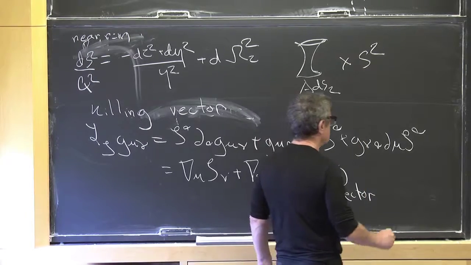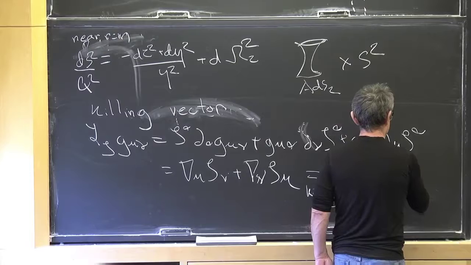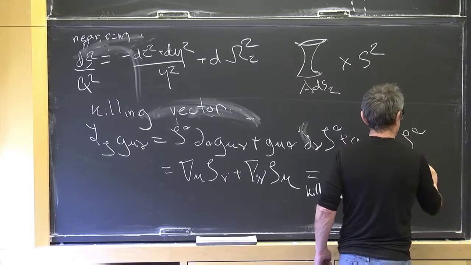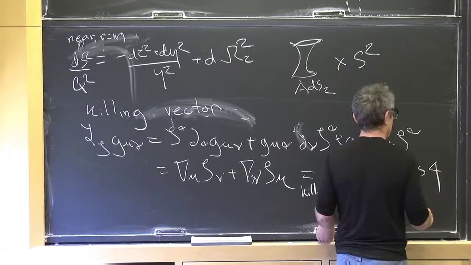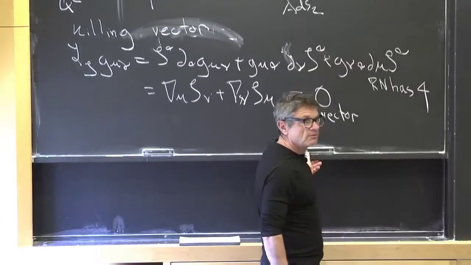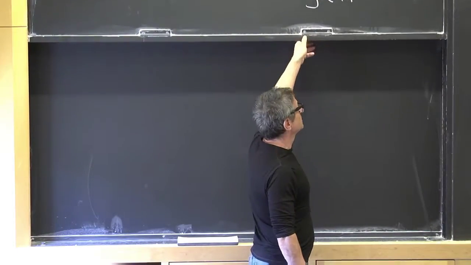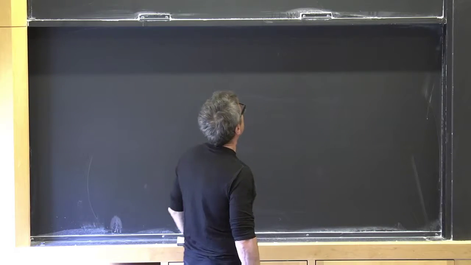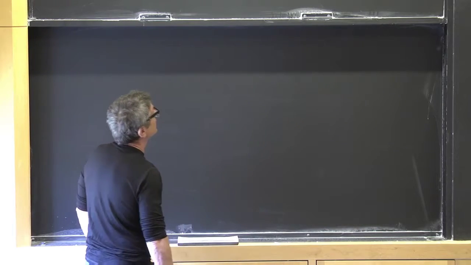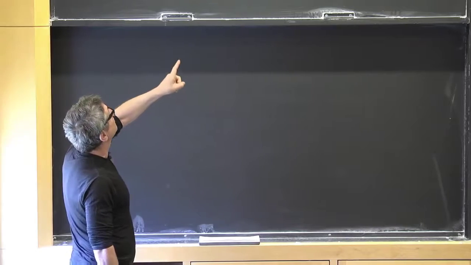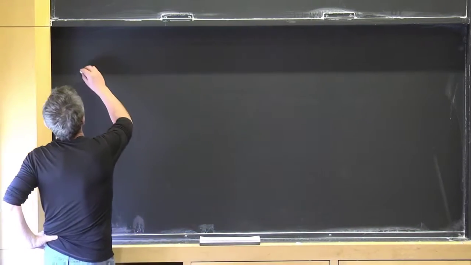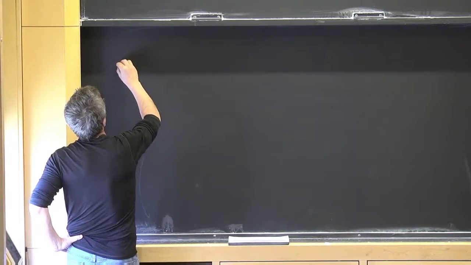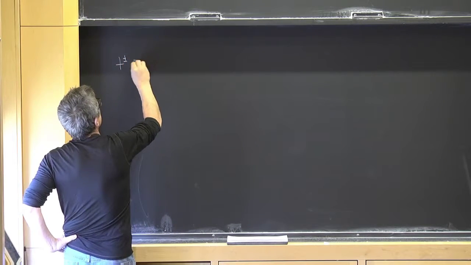And Reissner-Nordstrom has 4, or 3 rotations, spherical symmetry, and 1 time translation. However, the Robinson-Bertotti universe, which is this near horizon limit, if it's convenient to define t plus or minus